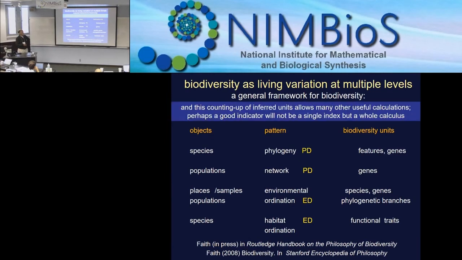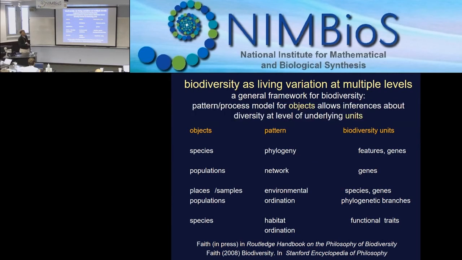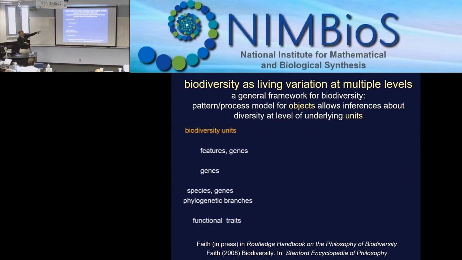The other point to make here, before I go on and look at that a little bit in my last slide, is that this framework will be useful for genetic diversity, whether we use PD or ED or other models and so on, because this is effectively a framework for inferring how we measure variety, and it allows an entire calculus. That idea of a calculus that I talked about is relevant here. So if we take those units,